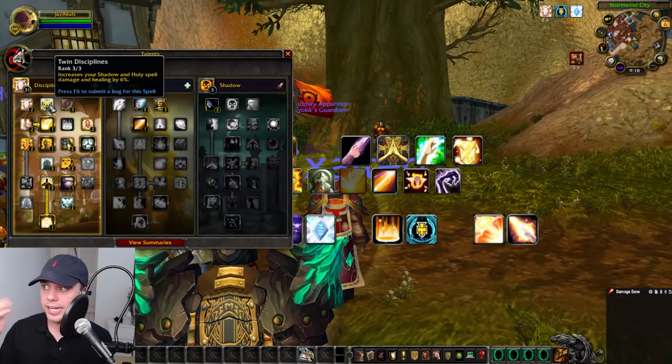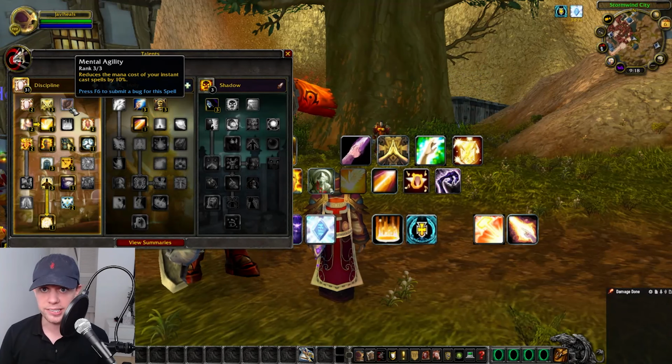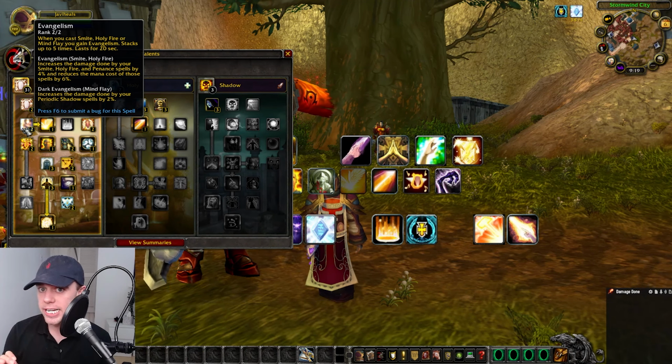Twin Disciplines increases your holy spell healing, and Mental Agility reduces the mana cost of your instant spells. Soul Warding reduces the cooldown on your Power Word Shield by a few seconds. And then we have the really interesting one,